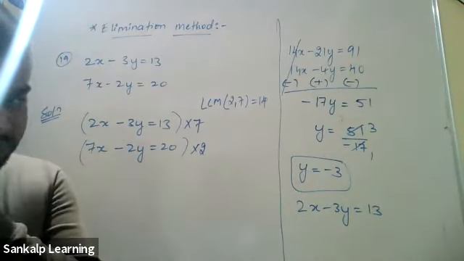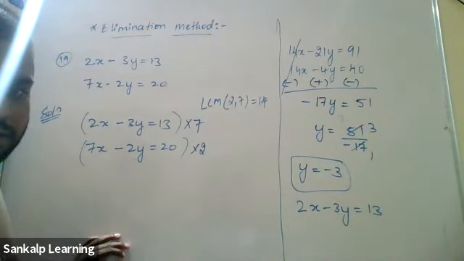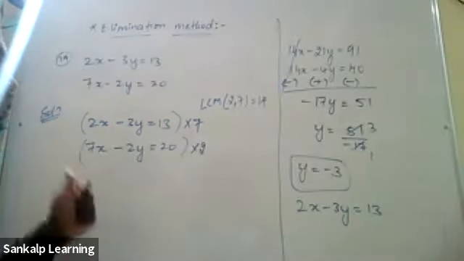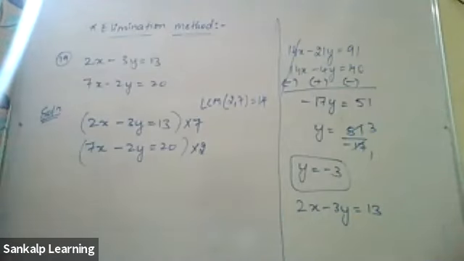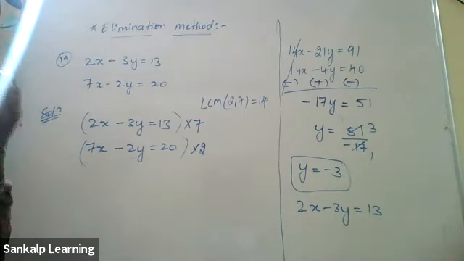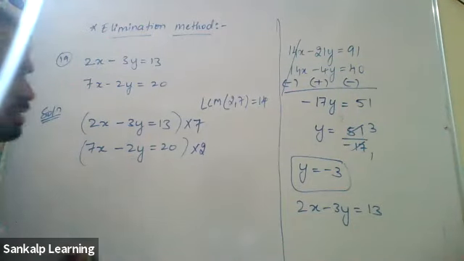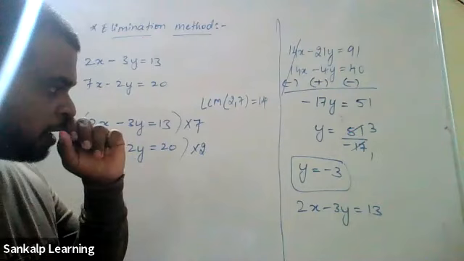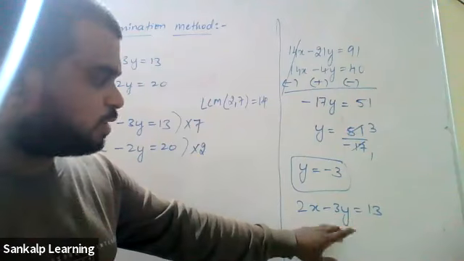Sinchana, Trisha, are you guys getting it, or is there any confusion? No, sir. Okay, good. It's a very, very simple method, and it's a very important method. You're going to use it in many places. X is equal to 11, sir. Even you got the same thing. Just check it out. How come you are getting 11? Sir, I guess you are making a mistake. It is minus 3, right? Correct. Sir, X equal to 2 is correct.